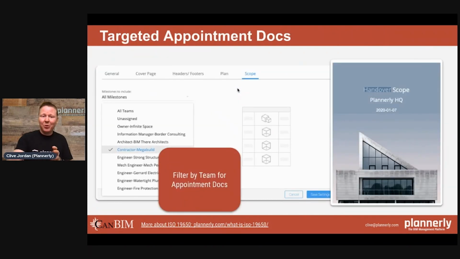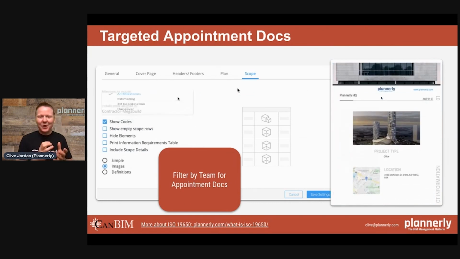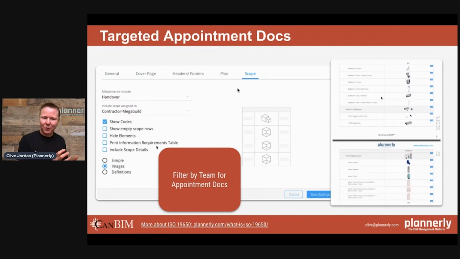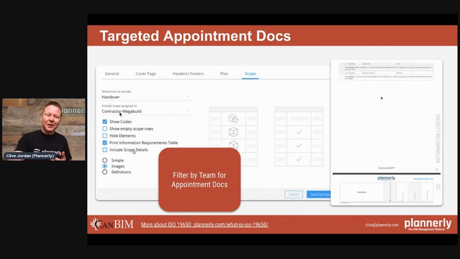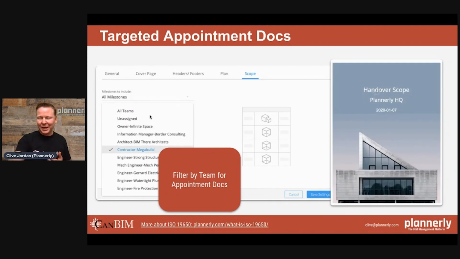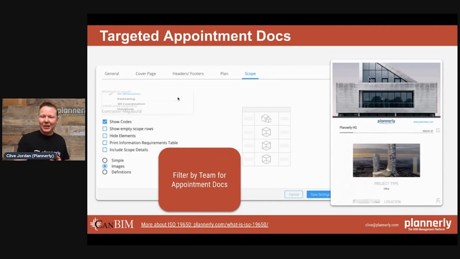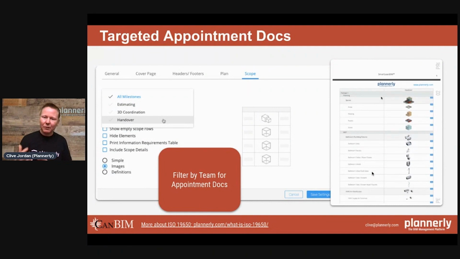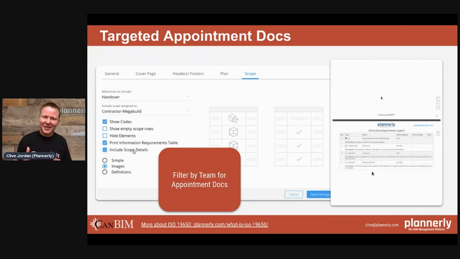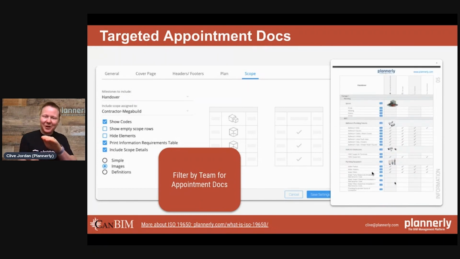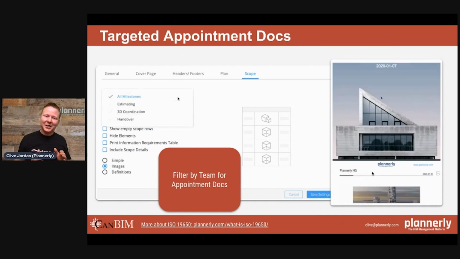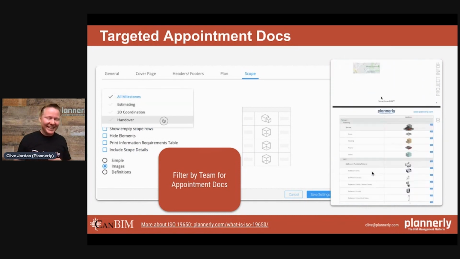This is really important because when you get to appointing somebody after defining those requirements in a collaborative form, you need to then filter. In this example, we're filtering for the handover of mega build documentation, the contractor, and creating a filtered set of appointment documents so that they don't get, in the traditional sense, that stack of tender documents, which includes everyone else's responsibilities and can sometimes be weighed.